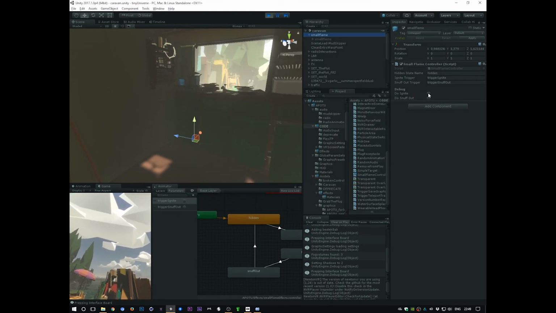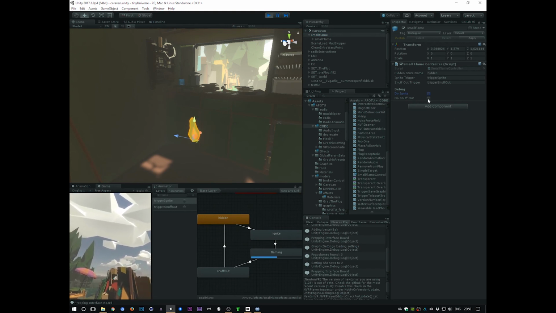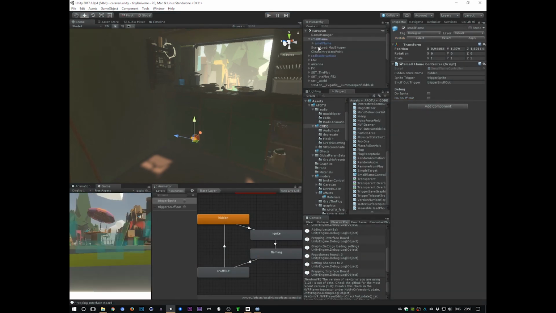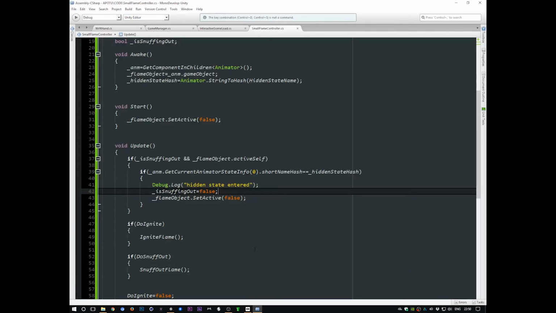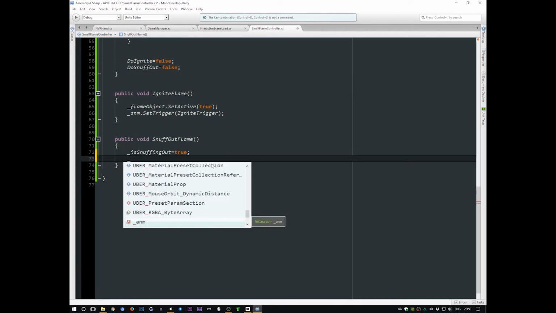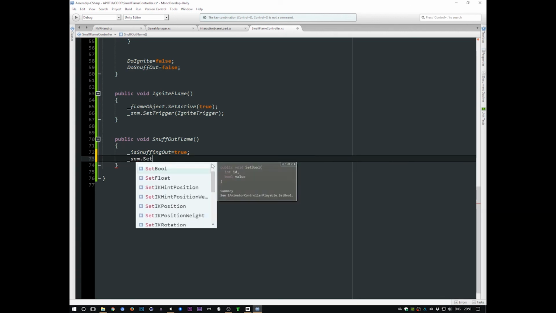We hit do ignite. There we go. It keeps looping on flaming here. We do snuff out. It doesn't do anything. Oh, that's correct. That's because we are only snuffing out here and we're not setting the trigger yet. So set